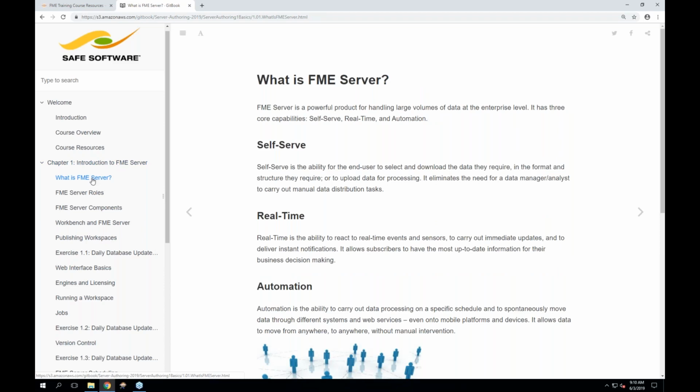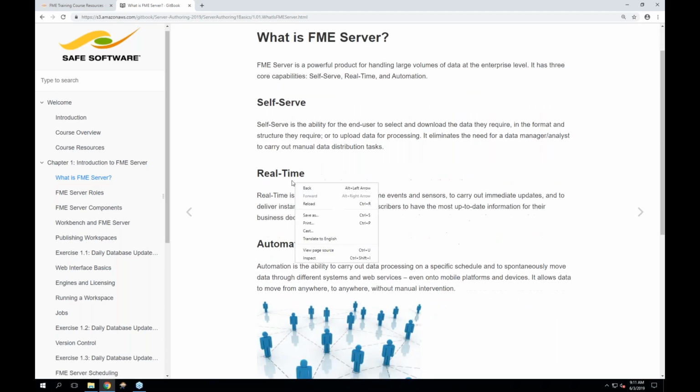So what is FME Server? So as I'd mentioned, it's a product for being able to take your data up to the enterprise level. So Server has 3 core capabilities when we discuss it. The first one is self-serve. So FME Server provides the ability for an end user to be able to select and download any data that they need in the format or structure that they'd require, or to be able to upload their own data sets